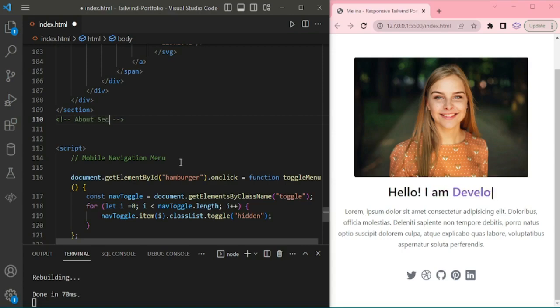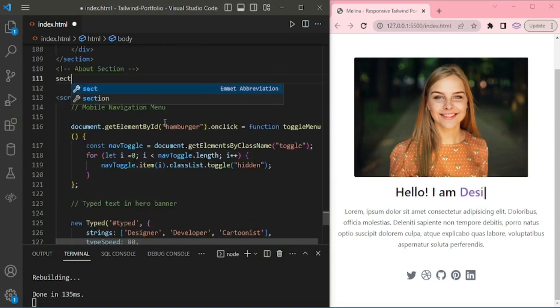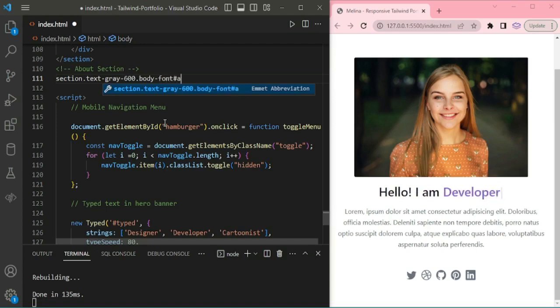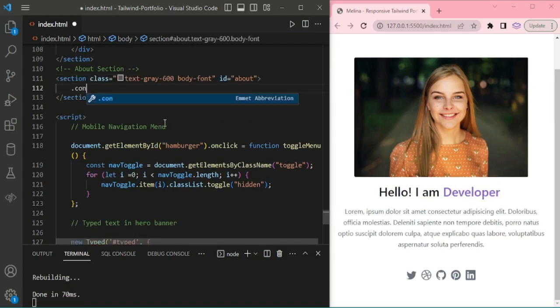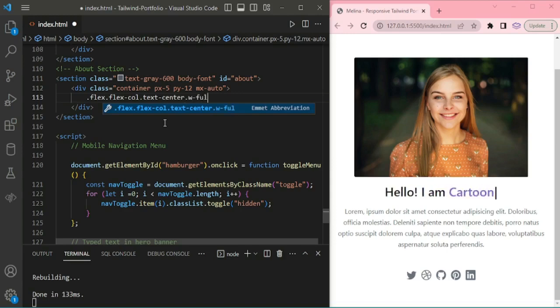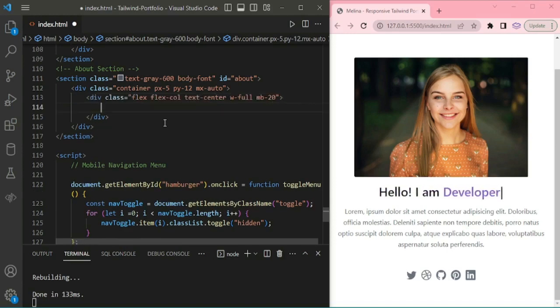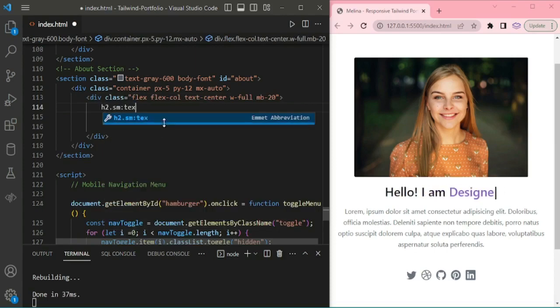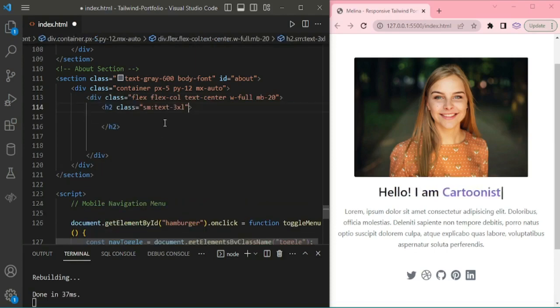Now the about section. Here, nothing but the title and a paragraph. Adding the container, padding top and bottom 5, padding x 12, mx auto, flex, full width, margin bottom 20, and adding h2,